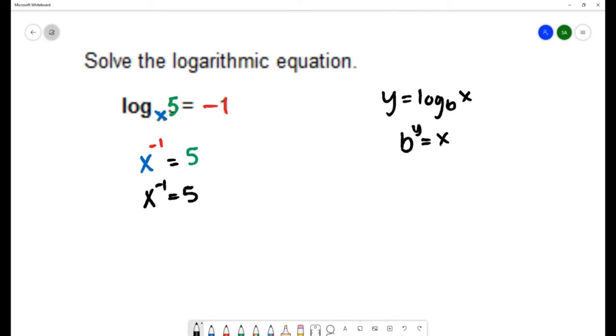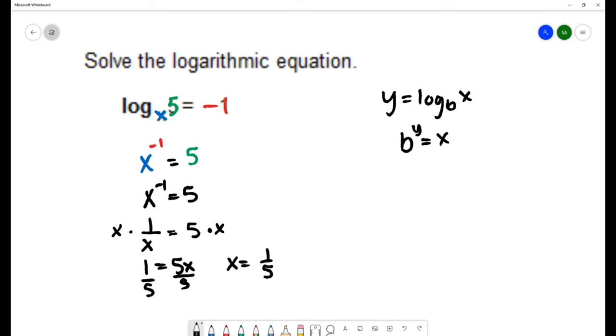x to the -1 is the same thing as 1 over x. When we have a negative in the exponent, that's using the reciprocal of the base. So if we want to apply the negative, we need to do the reciprocal of the base. I can solve this by multiplying by x on both sides. That's called clearing fractions. That gives me 1 equals 5x. And I can solve for x by dividing by 5 on both sides, and we have x is equal to